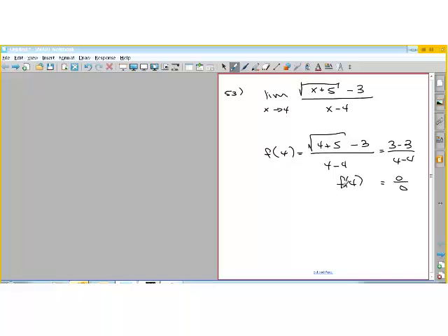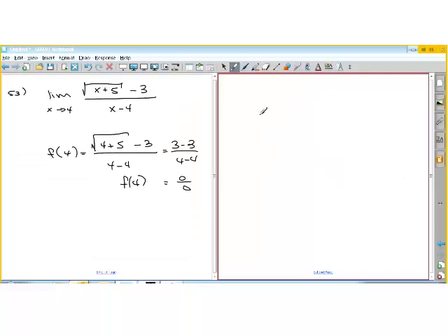So since we can't factor this, we have to use the other technique, which is called rationalization. Basically, all you have to do is take the term that involves the radical, which is the numerator, multiply it by the radical part, and change the sign on the other part. I'm not going to put the limit up here until I get it simplified. We're going to take the original equation,